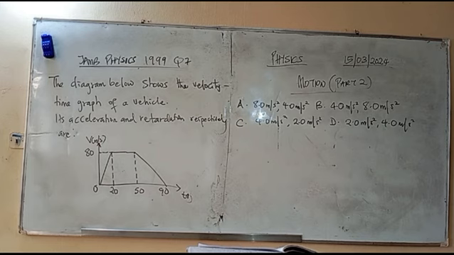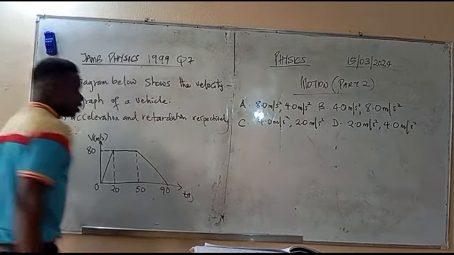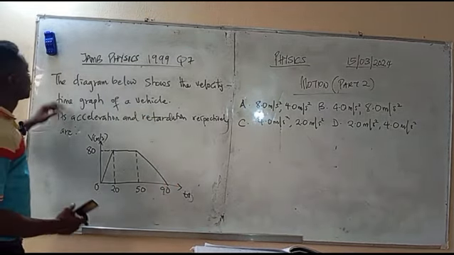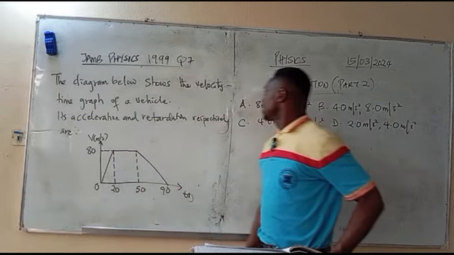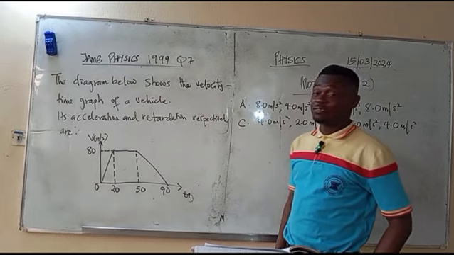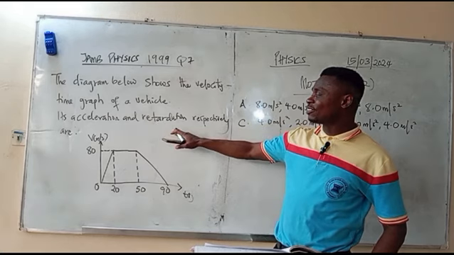Then it started to retard until it becomes zero. At this point, velocity is zero, at time 90 seconds. Now, we are asked to calculate the